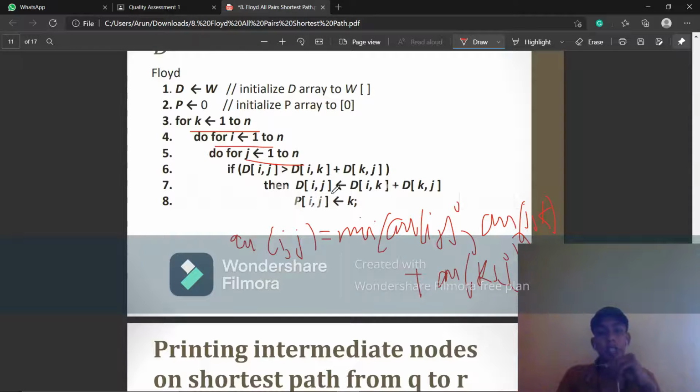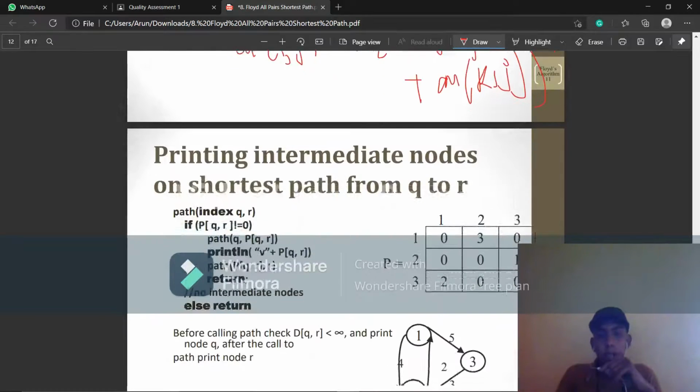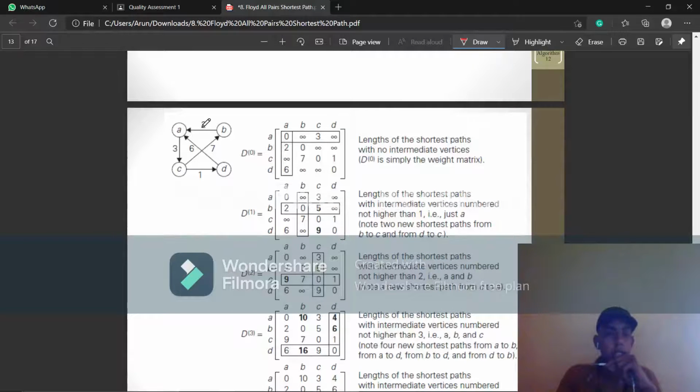Here they have given d of i comma j: if d of i comma j is greater than d of i comma k plus k comma j, so the original value is greater than the intermediate path, then in this position i comma j we need to store i comma k plus k comma j, and we set p of i comma j as k. This is for printing the intermediate node on the shortest path. Now let us take this example.